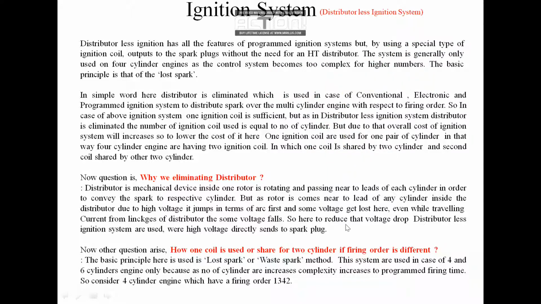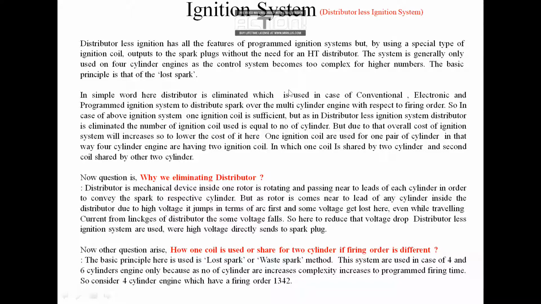We know that in the case of a distributor, there is a distributor rotor, and on the rotor there is a needle. There is one wire coming out from the ignition coil, the high tension wire, entering the distributor cap from the head. Those wires have some resistance to restrict the flow. Due to the resistance offered by those linkages and wire, some voltage is pulled down, so they are responsible for loss of voltage.